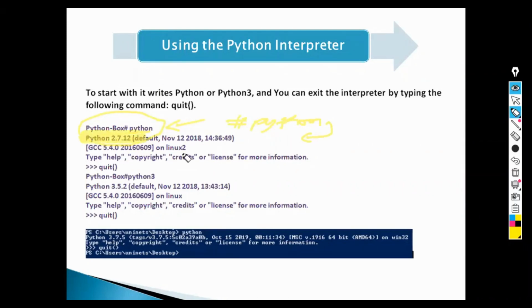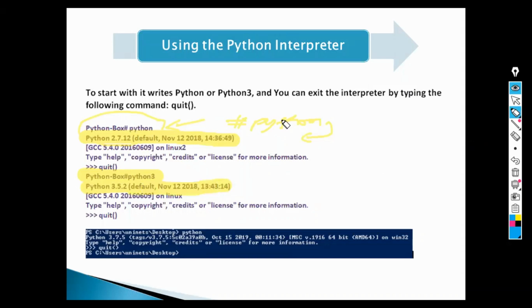It is shown here, right? If you check here, it is showing Python version 2.7.12. Okay, and if you write python3 here, it will enter the interpreter through Python 3, whatever the version is. Currently we have 3.8 or something, so it keeps on updating. It depends on whatever version you are running, and whether you are upgrading or not, you will see this kind of output. Now here we are entering into Python 3.